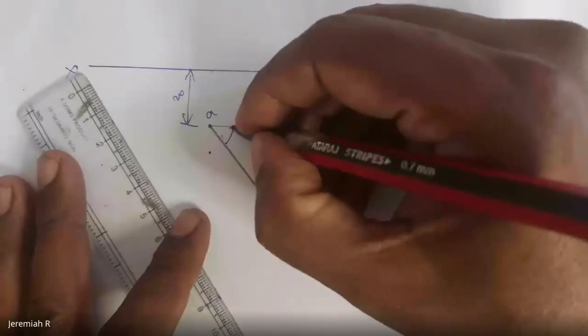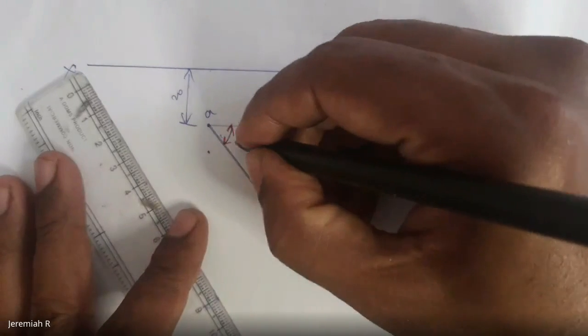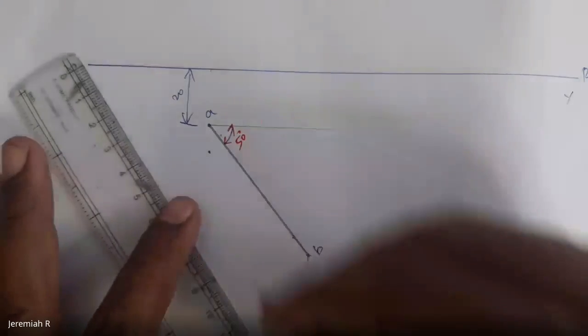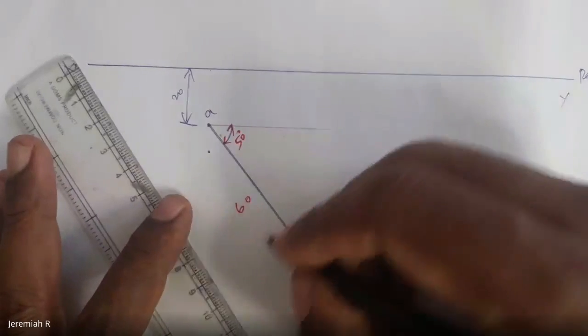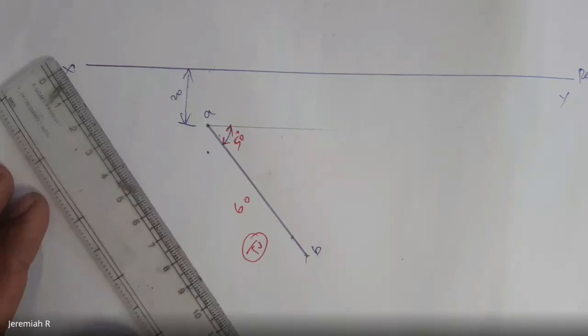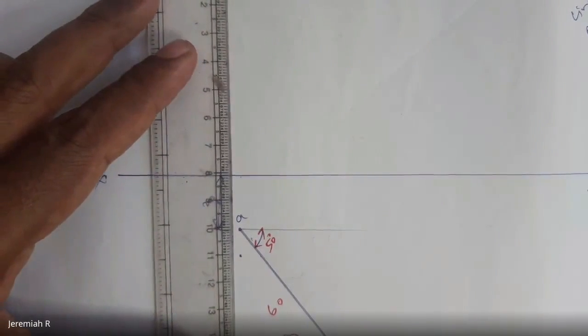We got the top view. The length is 60 mm. So you have to say this is the top view. Now I will draw the front view. For the front view, through point number A,